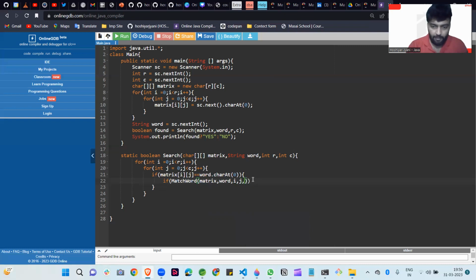And after that I am passing the length, like I am passing here 0. Why am I passing this, guys?